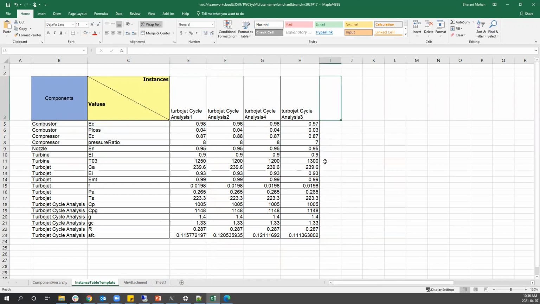So say a user wants to perform his own calculation by making some changes to the values that he creates for an instance. So I'm going to create a new instance, same way, say, turbojet cycle analysis 5.